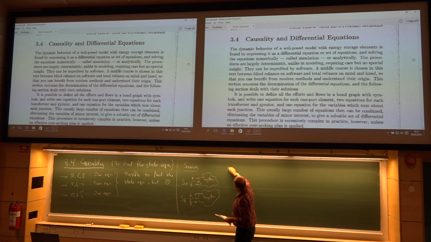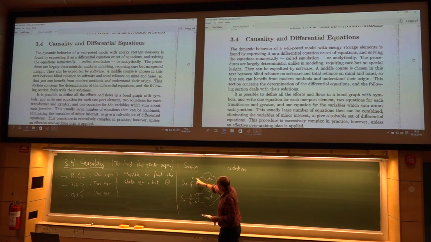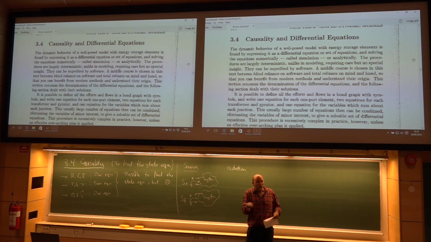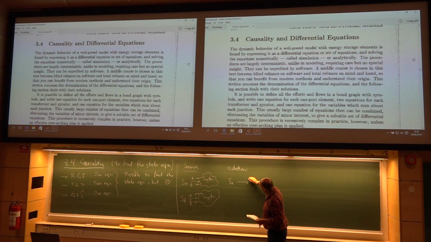So the notation, some books will actually use these small arrows back and forth for the flow and the effort, describing which goes where. But for us, we will use the bond, and then just a causal stroke. So here I will always do it like that. Causal stroke,